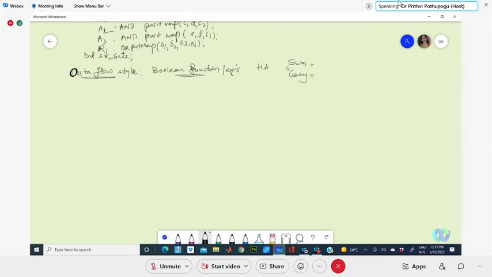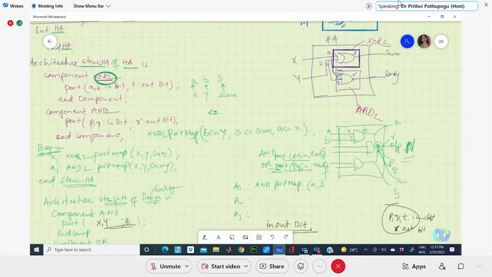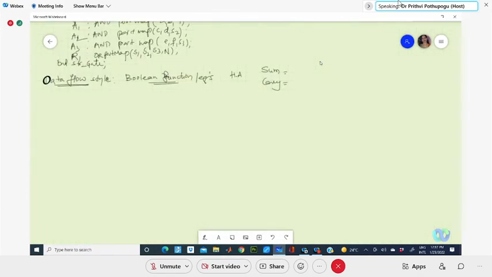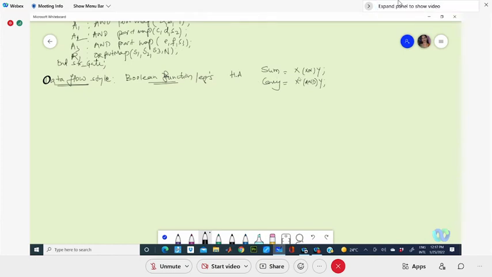For the half adder with inputs x and y, sum is x XOR y, and carry is x AND y. This will be your equation.